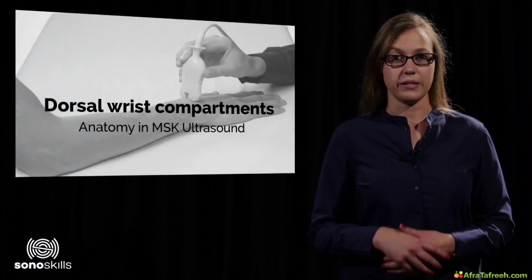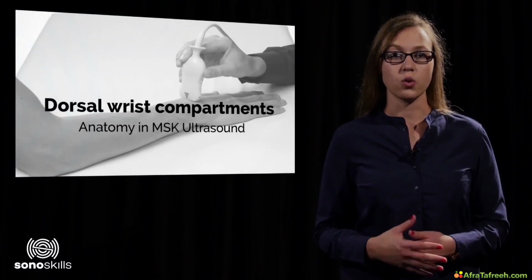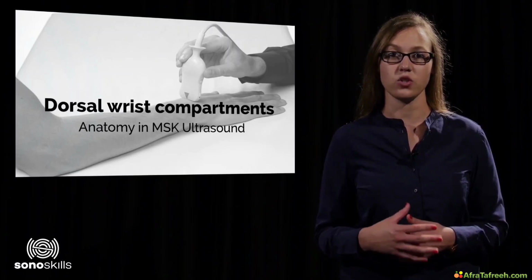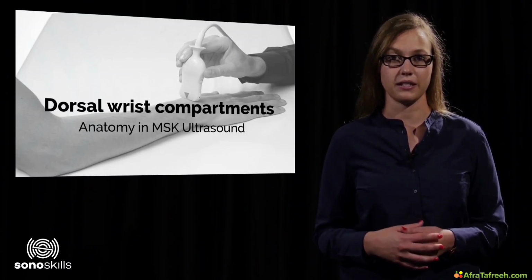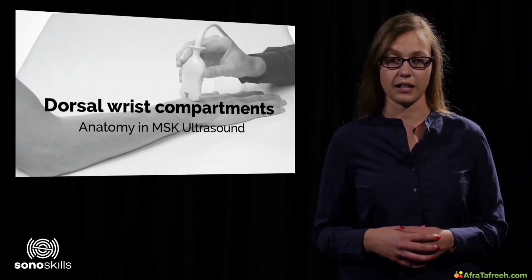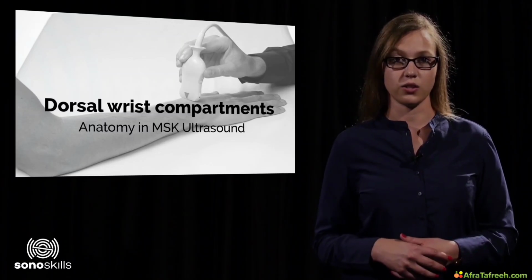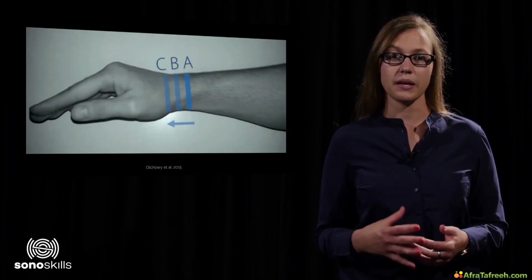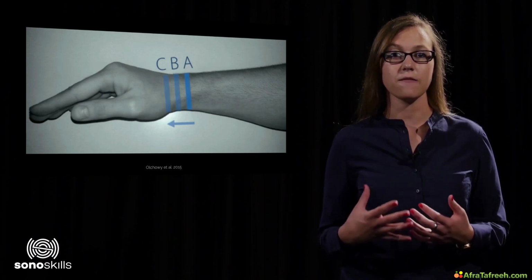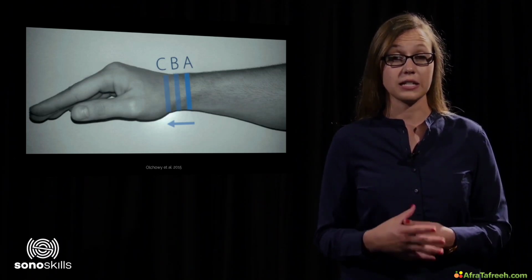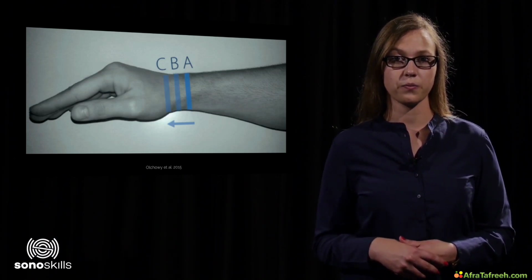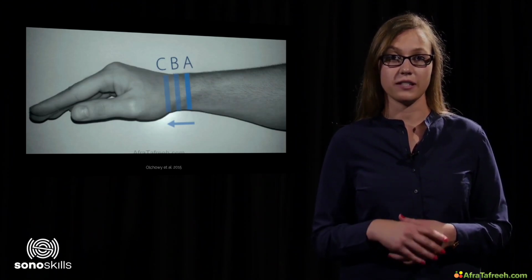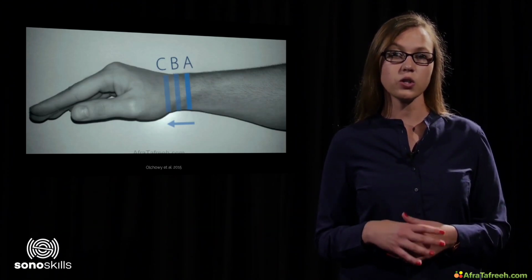The goal of this presentation is to discuss the dorsal wrist compartment anatomy of the multiple tendons crossing the wrist joint in the 6 compartments present underneath the extensor retinaculum in musculoskeletal ultrasound. In this image, you can see where to place the transducer when examining the first compartment with a transverse or short axis view. Start on the side of the radius at the level of Lister's tubercle and slowly sweep the